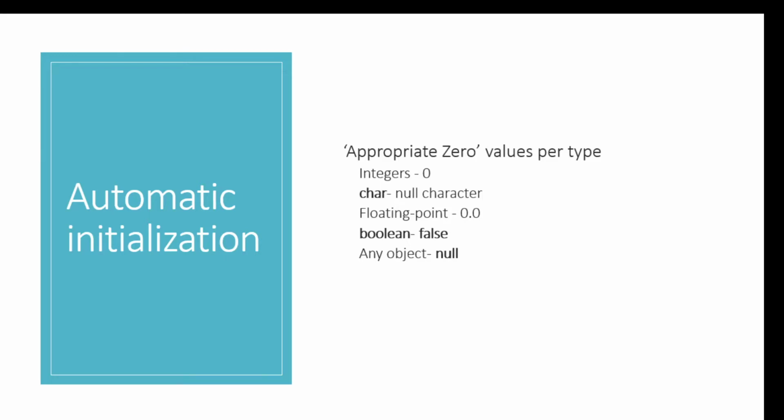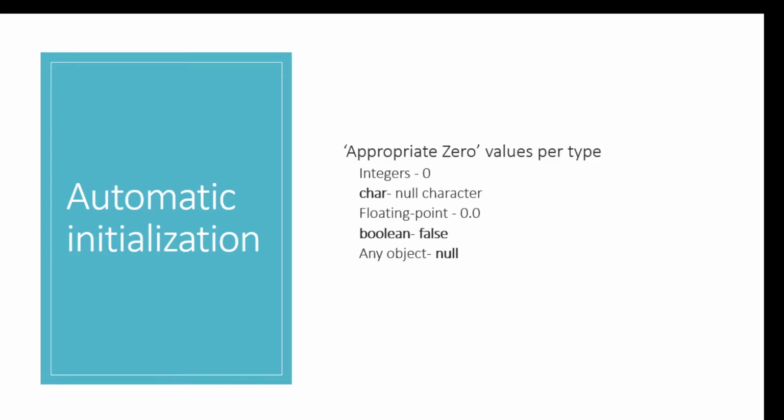But attributes of classes are given what's called an appropriate zero default value. They're automatically initialized. So if it's an integer, int, short, long, it's going to be a true zero. A character is a null character, which is the 0th character. Floating point is 0.0. Booleans are all false, and any other references to other objects start as null, unless you